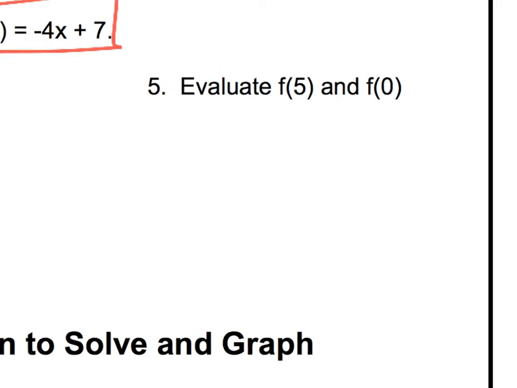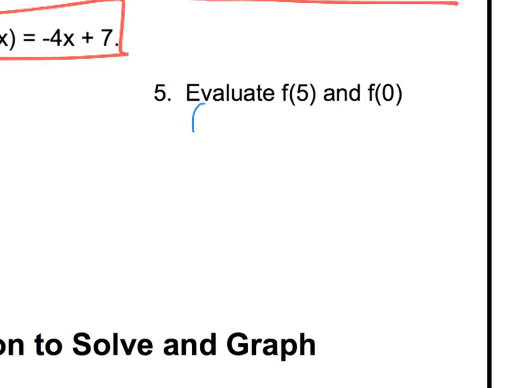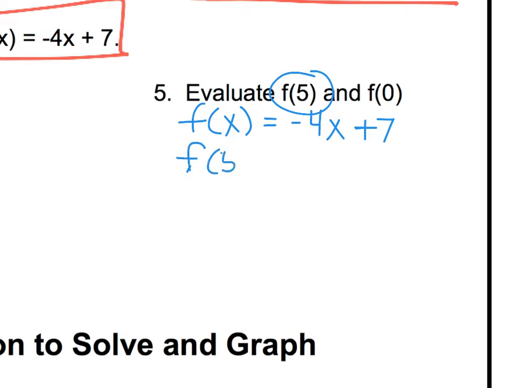So again, our function f of x is equal to negative 4x plus 7. It says to evaluate f of 5. So that means I'm going to put 5 and replace it where the x is. So f of 5